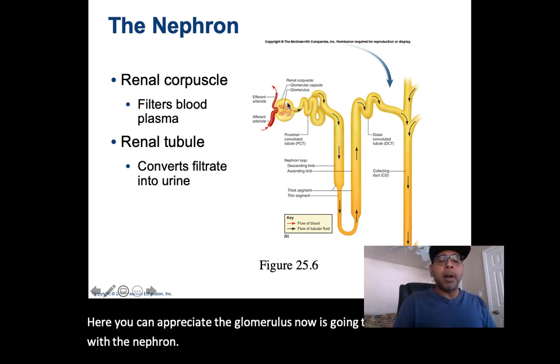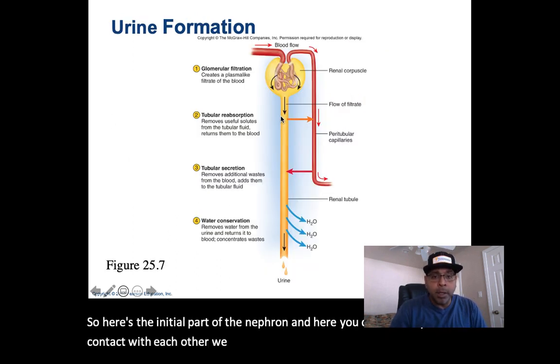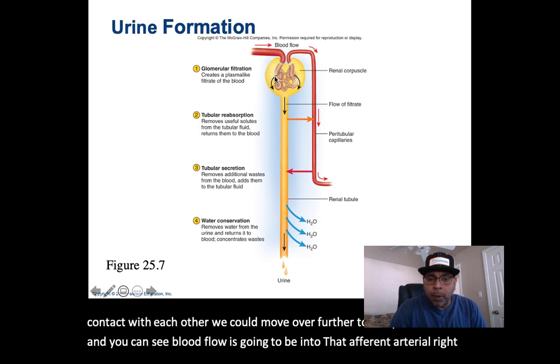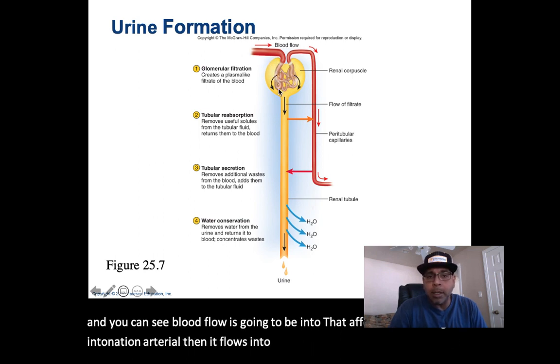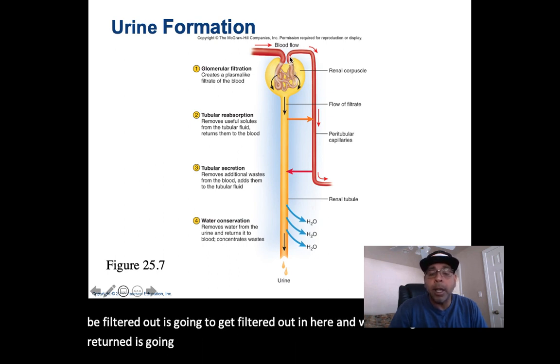So here's the initial part of the nephron, and here you can see they're in contact with each other. We can move over further to this picture, and you can see blood flow is going to be into that afferent arteriole, right? Into the afferent arteriole, then it flows into the glomerulus, and whatever needs to be filtered out is going to get filtered out in here, and whatever gets returned is going to be returned back into the circulation thanks to